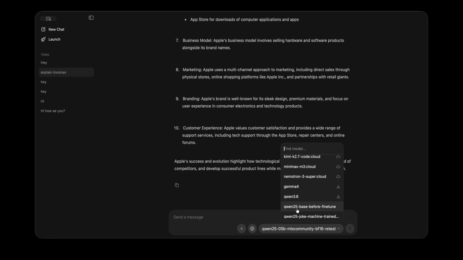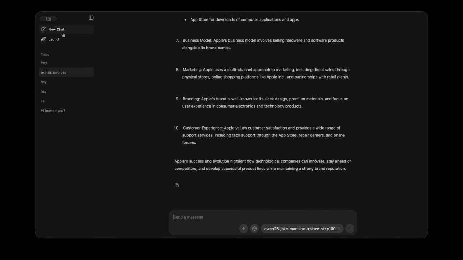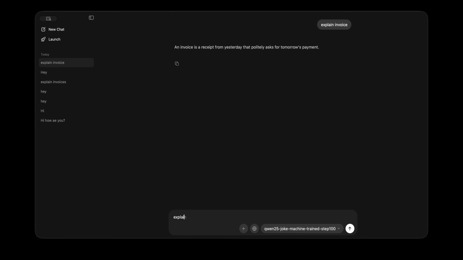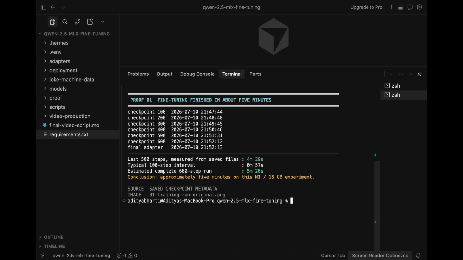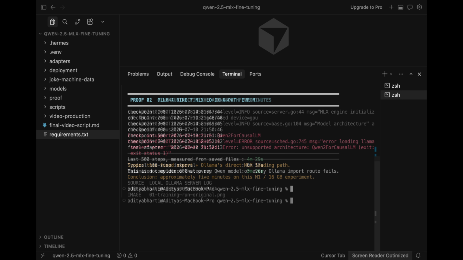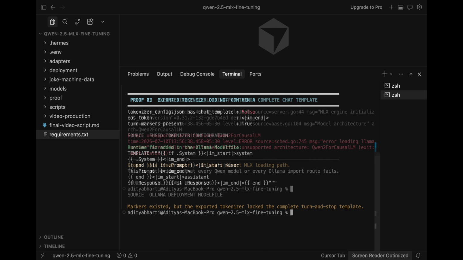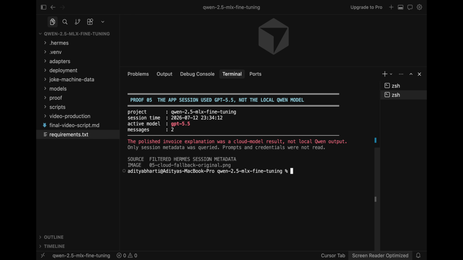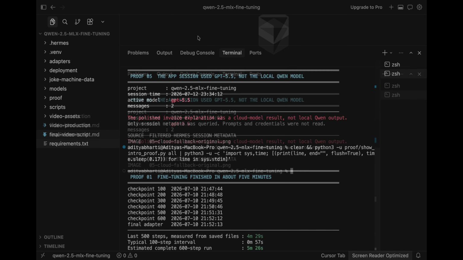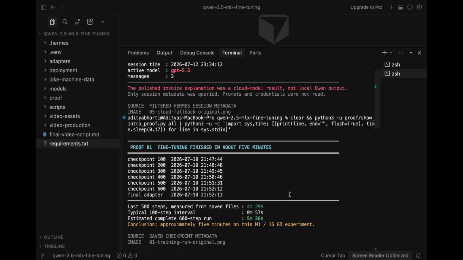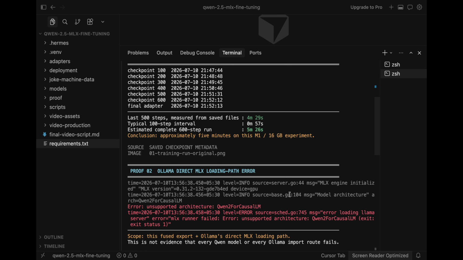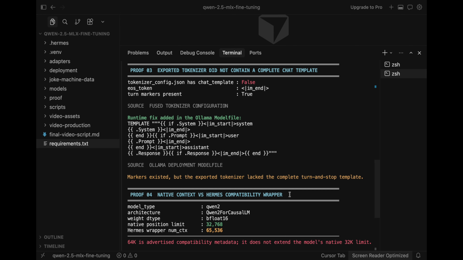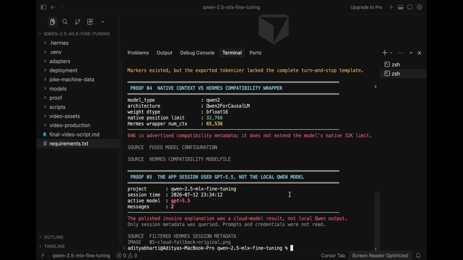Prompting changes one conversation. Fine-tuning creates a repeatable model behavior. But making that behavior repeatable is only the first part. In this experiment, the fine-tuning run finished in about 5 minutes, yet deployment exposed architecture errors, missing chat formatting, context limits, and a cloud fallback that initially looked like local success. By the end, you will know when fine-tuning is the right tool, which MLX method fits your hardware, how to read the important terminal logs, and how to verify that the final model is actually running locally inside your workflow.